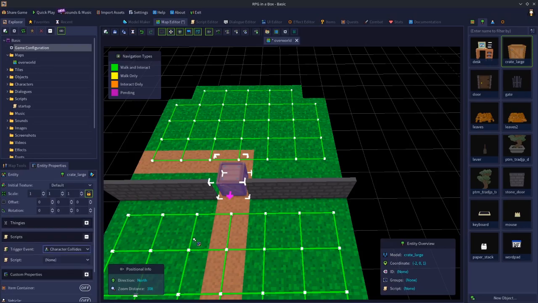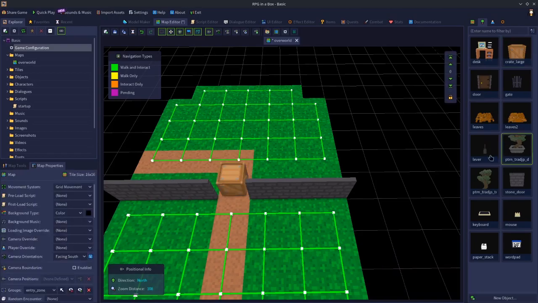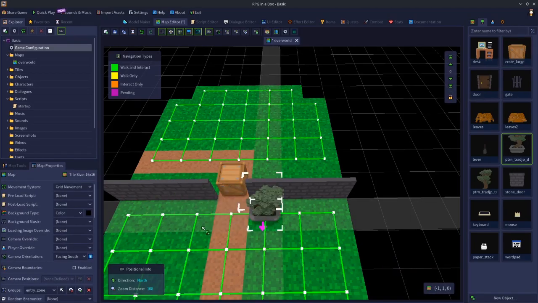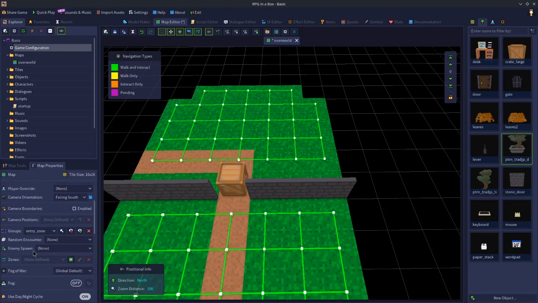Collides is to do with the collision meshes of both the player and, in this case, the object. So as soon as the two collision meshes collide, the collision mesh of the player and the collision mesh of the crate, then that will trigger an event. So that might be, for example, if you had a key object. I don't have one to hand, but if you made a 3D model of a key, well, let's say, for example, this bonsai tree, if we scaled it down a bit,